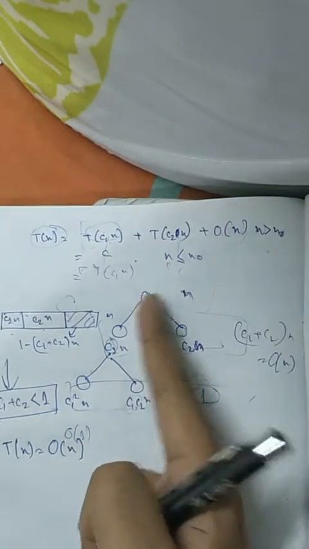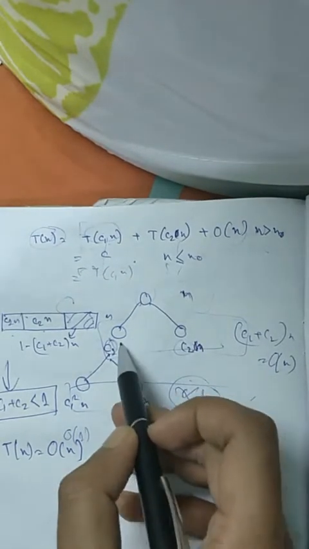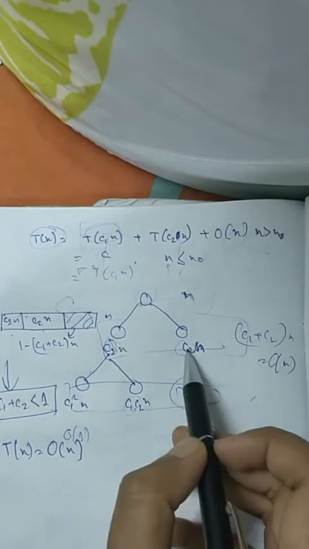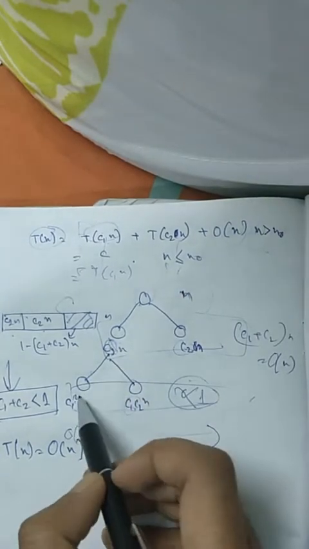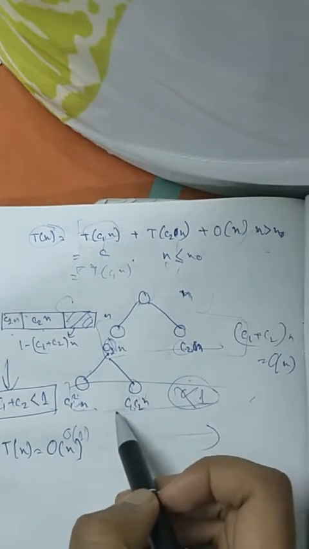See, this is order n. Order n I have written as n. So this is order of c, replacing order of c1 n and order of c2 n. So this in next steps becomes order of c1 square n, order of c1 c2 n. So basically